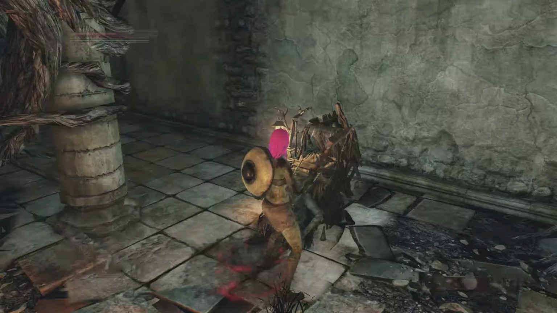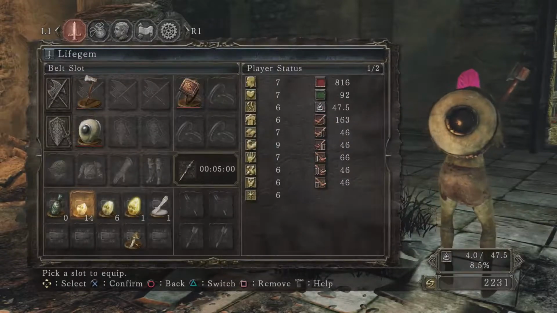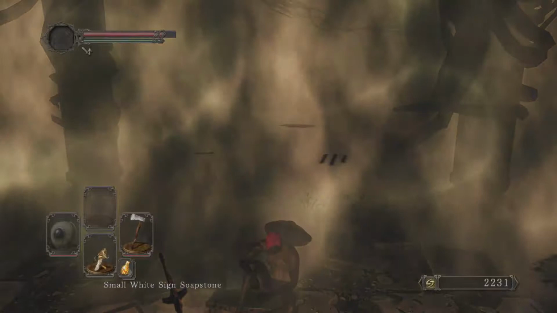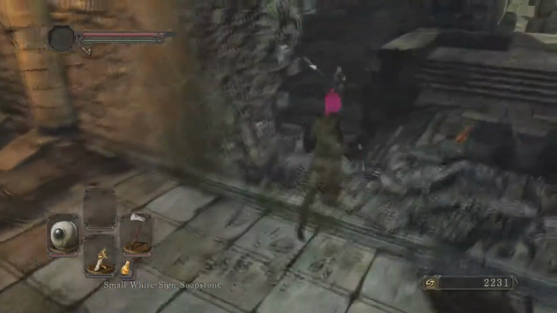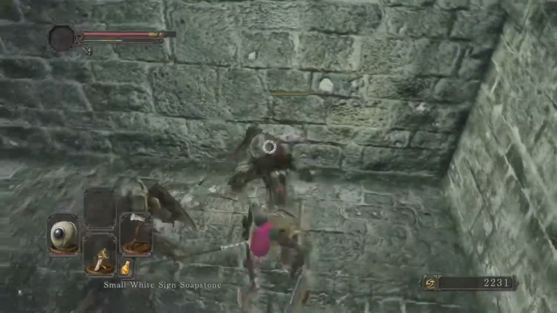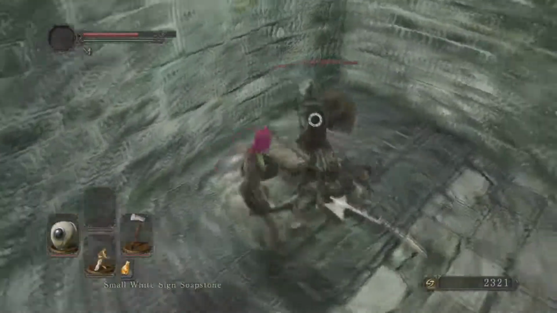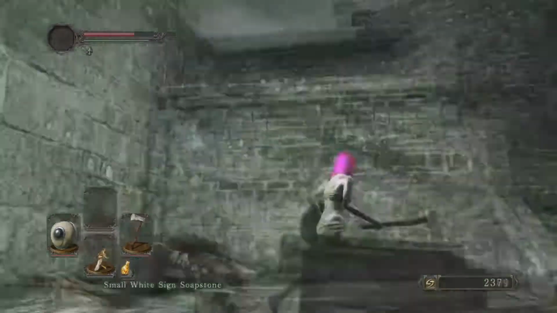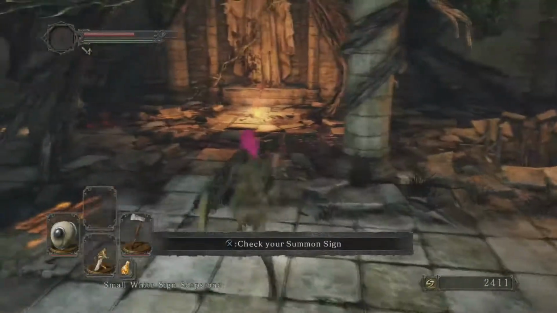But for the most part, I would definitely recommend using the small soap sign, especially if you're just like, I just want to regain my humanity. I don't want to be on a time limit, or on the whim of somebody who you may not be sure is going to go directly to the boss, and you may not know if they're going to actually fail or not. Which is why I find that the small soap sign is one of the better ones to use,